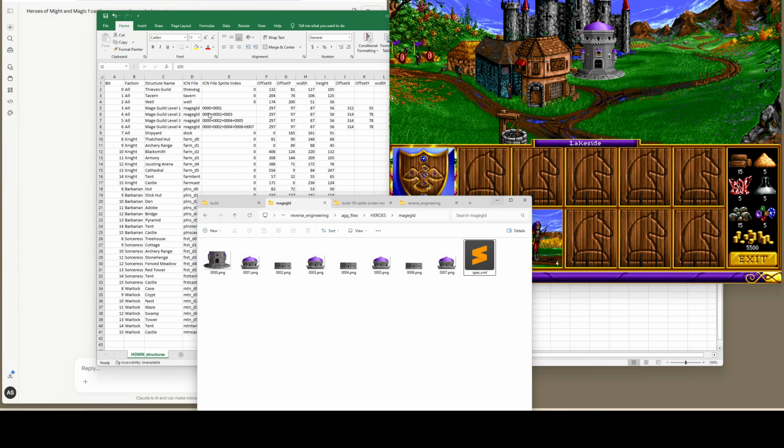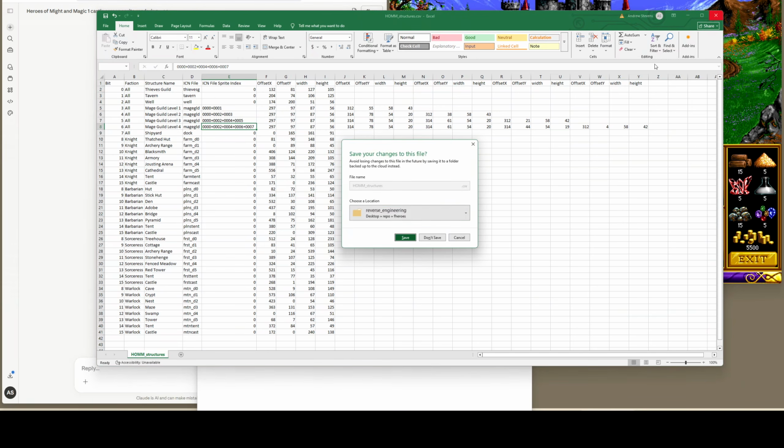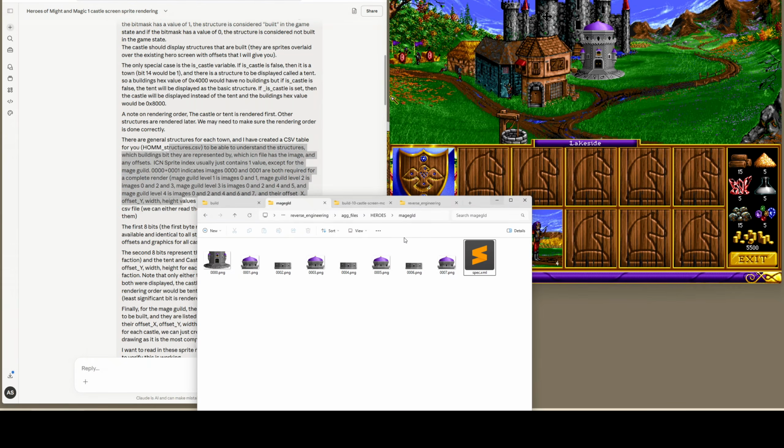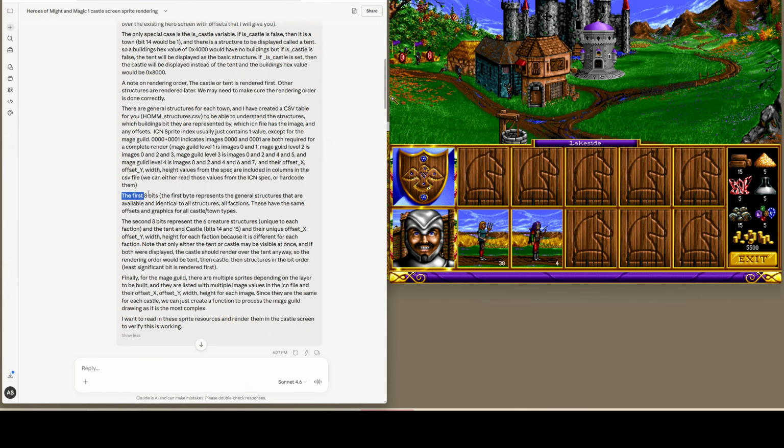And so this was basically a CSV file I created for the AI from looking at all of these. This was the most time-consuming piece of this step, basically. I was building this out, and I wasn't really sure if it was going to work. Sure, let's save it, and then so we passed that, and then I expressed that these 8 bits are the general structures, and then the second 8 bits,